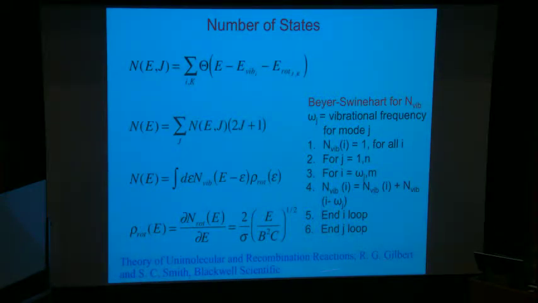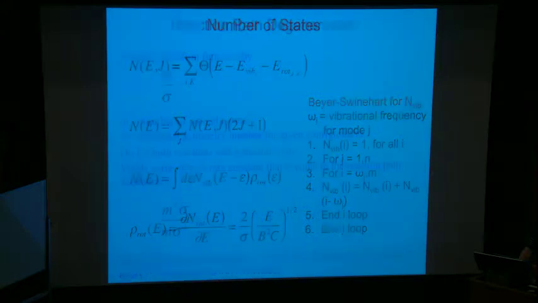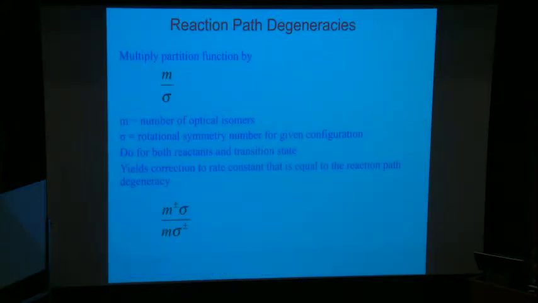A book by Gilbert and Smith gives a nice derivation of everything that I've sort of gone through here. It's probably out of print, this book, but I think you could probably still find it on Google or whatever, or Amazon, I guess. And it takes you through from the dynamical derivation all the way on to rate constants at different levels of canonical, microcanonical, et cetera. One thing I've left out so far